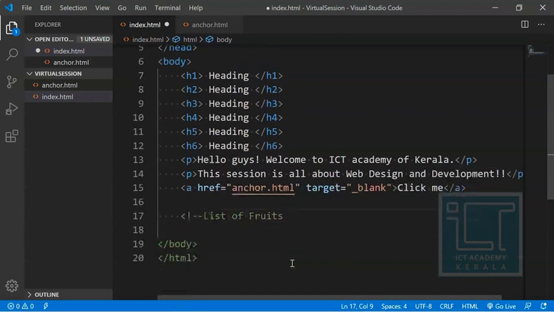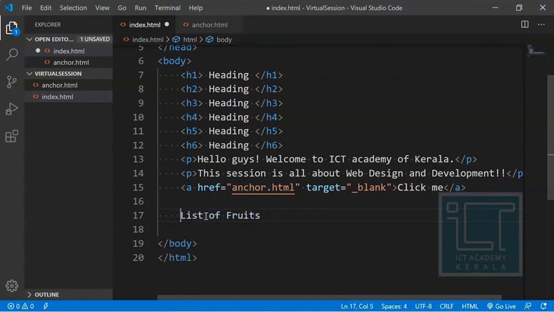This entire thing will be commented, so we need to put an end to this particular comment. The end is represented using hyphen hyphen and the closing angular bracket. So this is a bit hectic, right? We have to open the angular bracket, put an exclamation mark, hyphen hyphen, and close it. There are a lot of steps to put a single comment. I have already told you that I am a bit lazy, so I want to comment with a shortcut. I'm going to teach you how to comment with a shortcut.